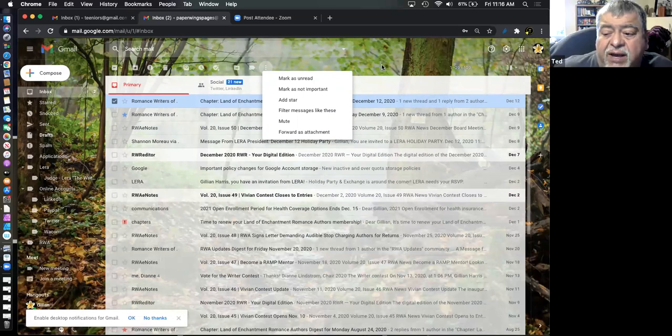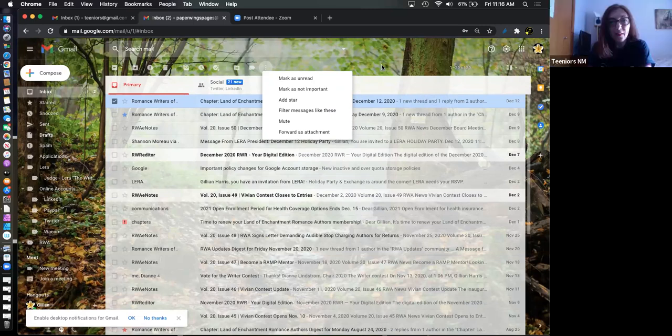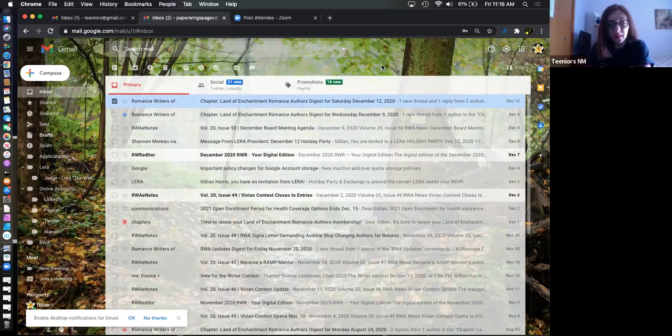Can she just make another folder and put it there? Yeah, that would be the cleaner way of dealing with things, if you don't want to see something, instead of archiving it. And FYI, if you put it in a folder and somebody replies, it will still end up in your inbox again, so you will still see the replies. But the cleaner way, if you want to get rid of a message because you're just drowning in emails and you don't want to see them all,